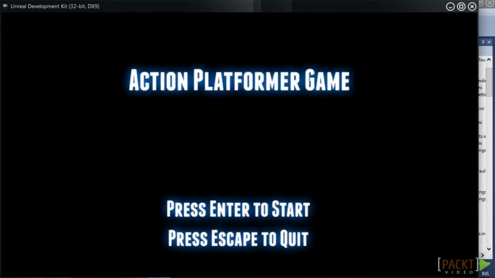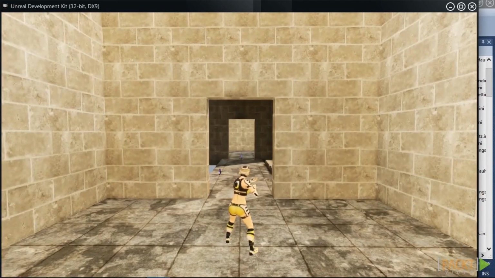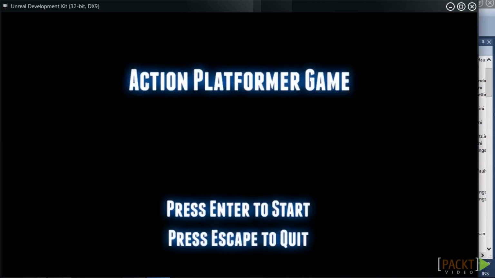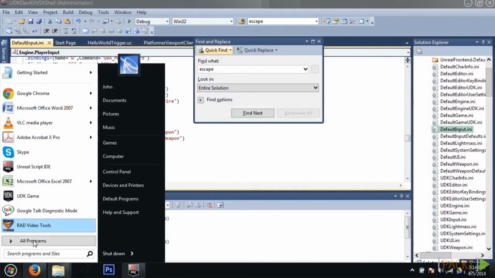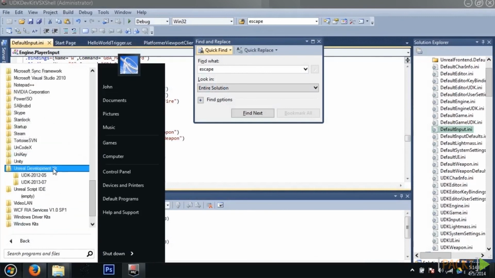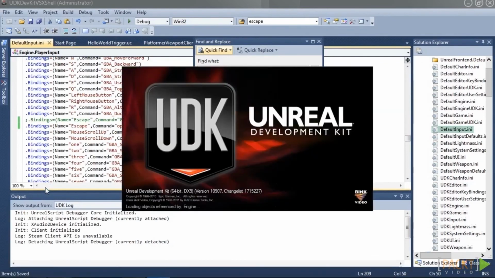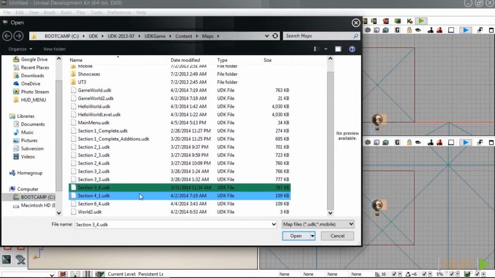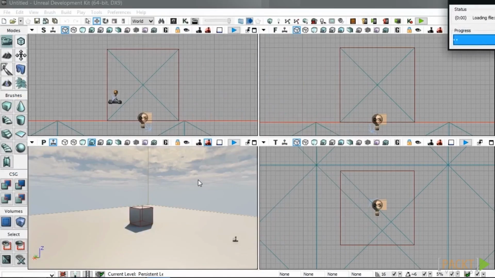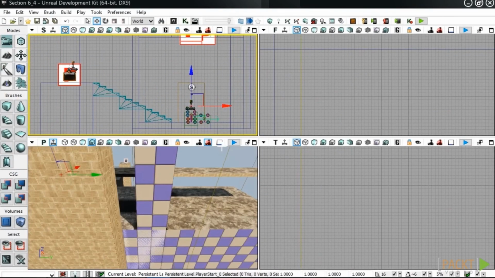Perfect. Finally, you'll notice that when we start the game, our player falls through the world. And that's because the level's still loading the first level when we start to fall through. So in order to fix that, I'm going to quit the game and then dive right back into the editor. And then I'll open up our persistent level, and then where our player spawns,